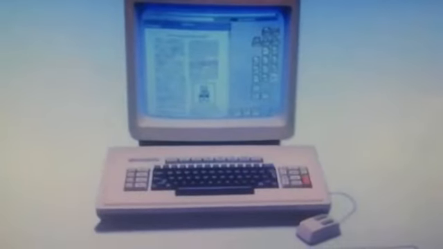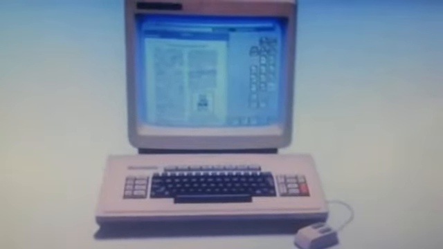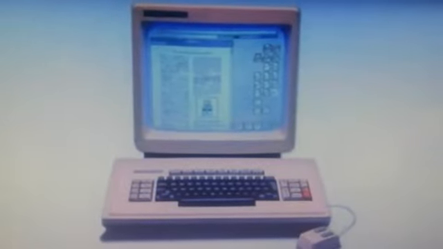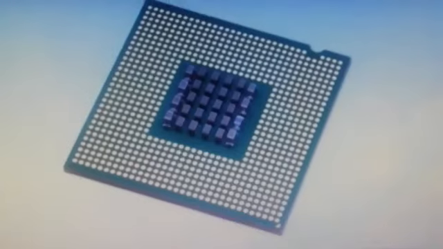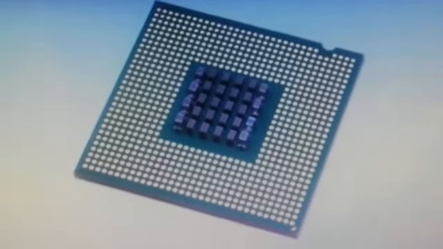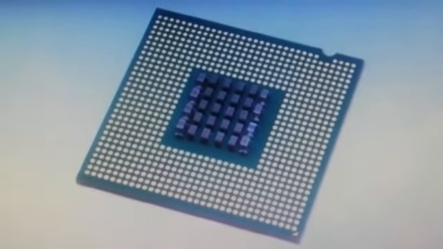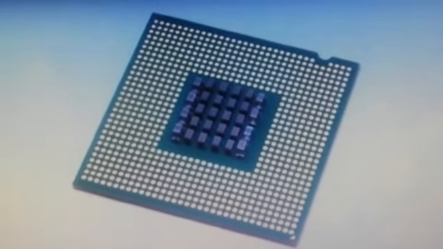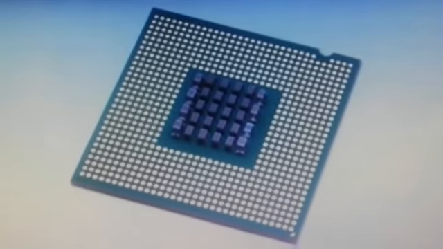The computers developed since 1975 up to the present are called the fourth generation computers. This is a microprocessor. The fourth generation computers use microprocessors. A microprocessor consists of a small silicon chip on which thousands of circuits are placed. This is a picture of our fourth generation or present computers. The fourth generation computers are smaller, portable, and cheaper. They use less electricity and produce less heat.